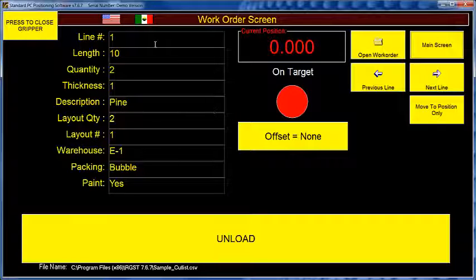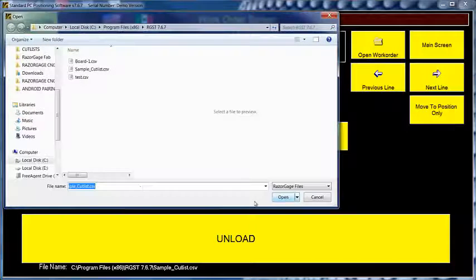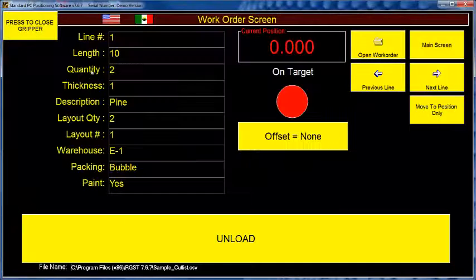Here it shows the first line item in the cut list. I've already got this work order open, so I'm going to show you how to open a work order. You just click Open Work Order and sample cut list here, and there it is. Notice the length is 10. Over here in my